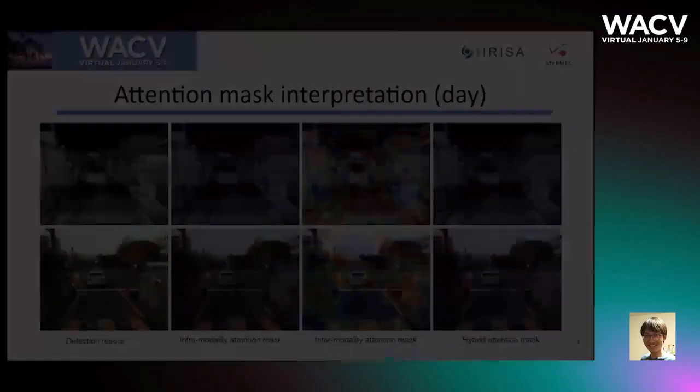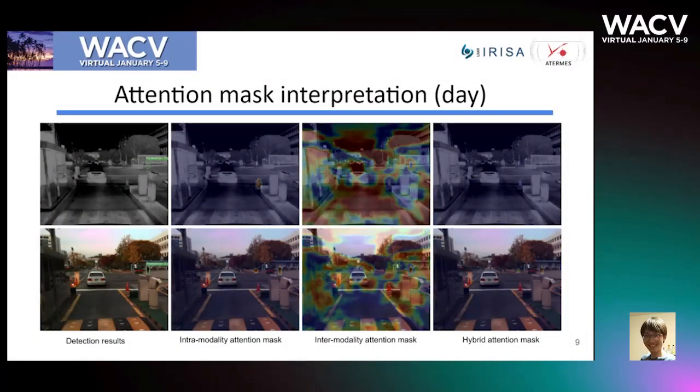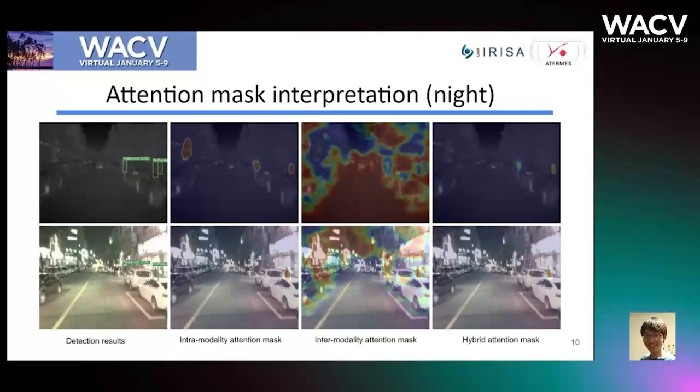We then provide visualization results of the intermodality and the hybrid attention masks during daytime and nighttime. For intermodality attention masks, it appears that the guided attentive fusion tends to select visible features on well-lit areas and brightly colored areas, and to select thermal features on dark areas and uniform areas. Note that these attention preferences are automatically learned via our